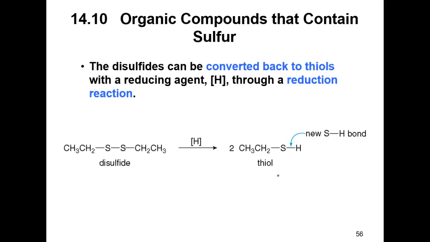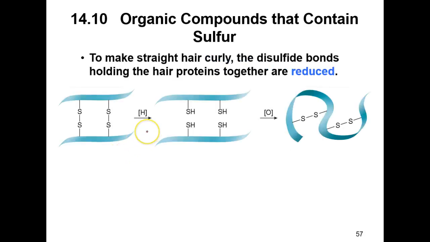And in fact, I believe in here they talk about how a perm works, which we'll talk about in a second. You can get rid of these by adding a reducing agent. So you're doing the opposite of oxidizing. Rather than removing hydrogen, you're adding hydrogen. So for people that have curly hair and want to straighten their hair, you can take chemicals, which is a reducing agent, put it in your hair, and you can start breaking some of these bonds. And here's kind of how a perm works, or how curly hair works.